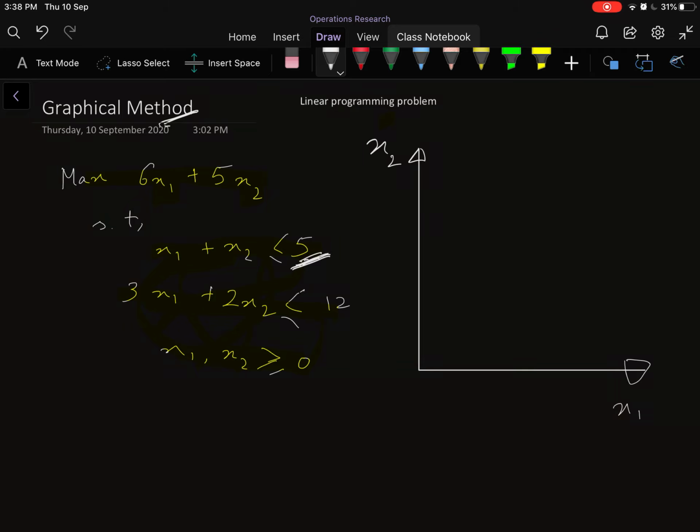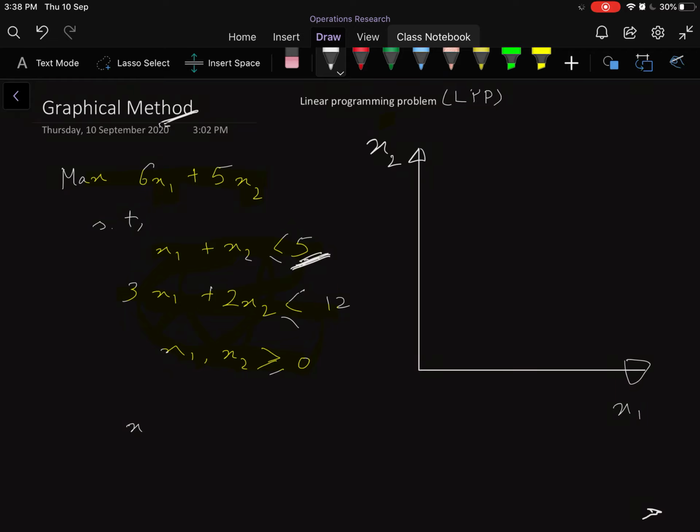Remember, for solving any such linear programming problem, which is also known as LPP for short, LPP means linear programming problem. The first thing that we need to consider is one constraint function. So the first constraint function is x1 plus x2 less than or equal to 5,